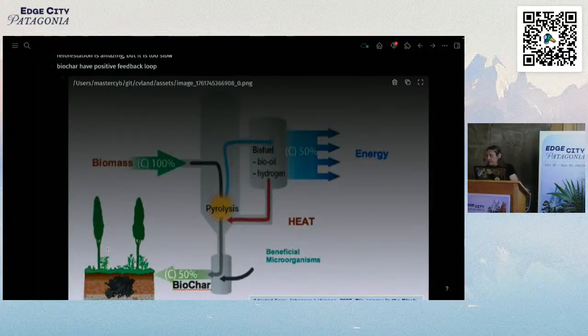One more reason why it is the only known process with a positive feedback loop. What does it mean, positive feedback loop? The more biochar you put in, the more biomass you have, and the more biochar you can produce. So actually, people who